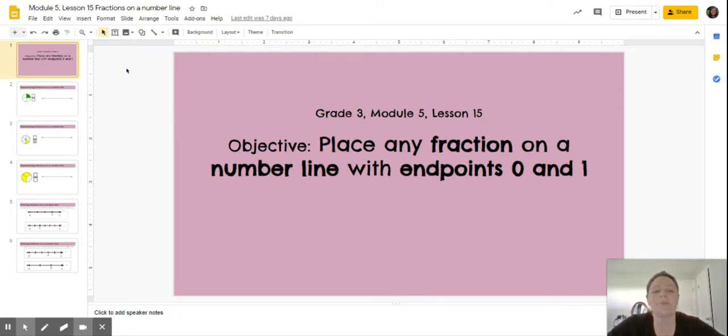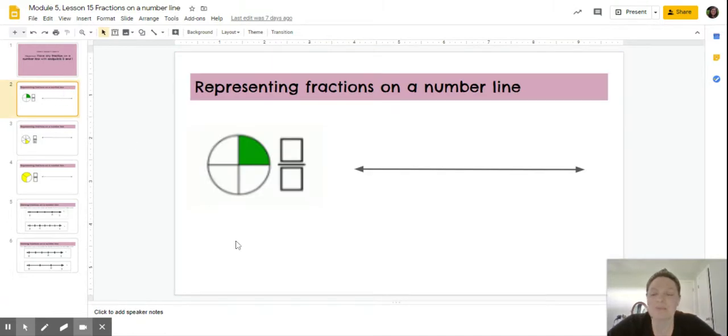Today I'm going to show you how to place any fraction on a number line with endpoints 0 and 1. So to get started, we're going to take a look at this visual here. This is a whole circle that's partitioned or divided into 4 equal parts. To write the fraction that matches this picture, I would write, I want you all to whisper it, 1/4